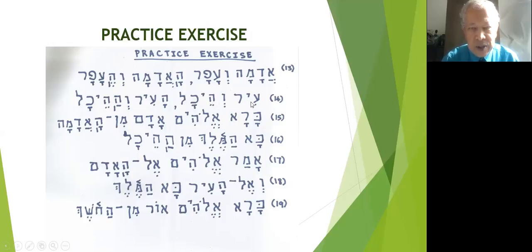So ir is city, ve is and, hekal is a noun meaning either temple or palace. So it would be translated city and palace or city and temple. Then we have these same nouns used with the definite article. We have ha'ir,